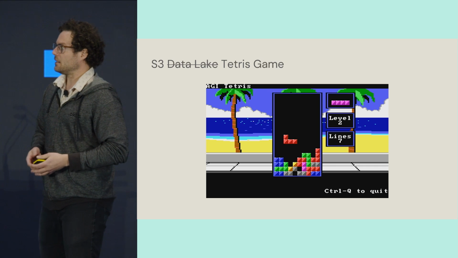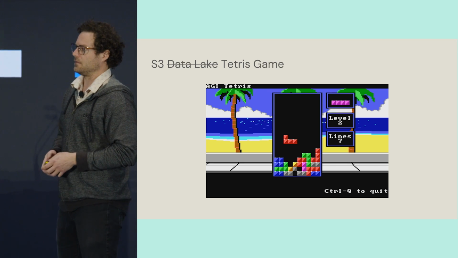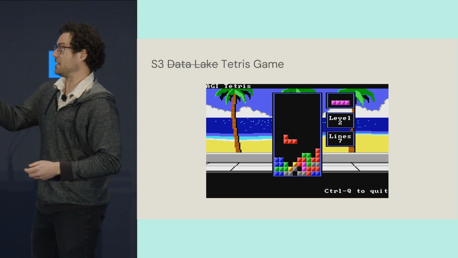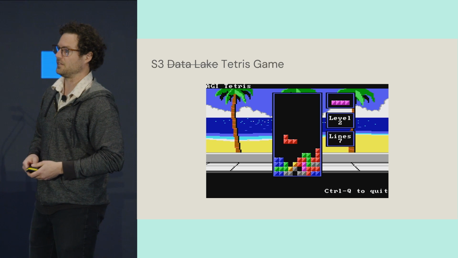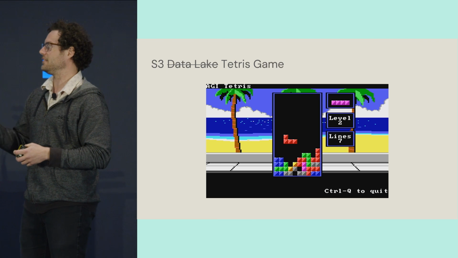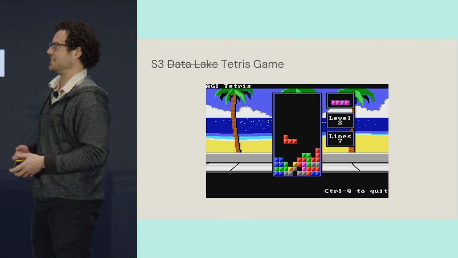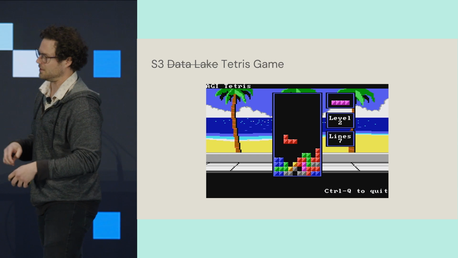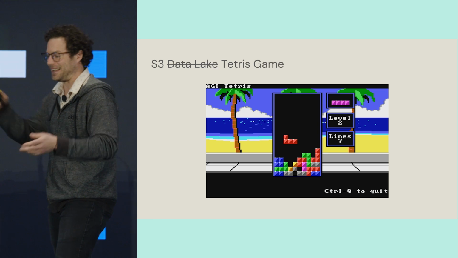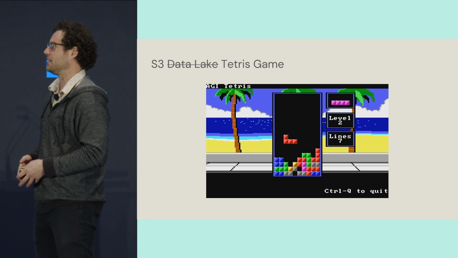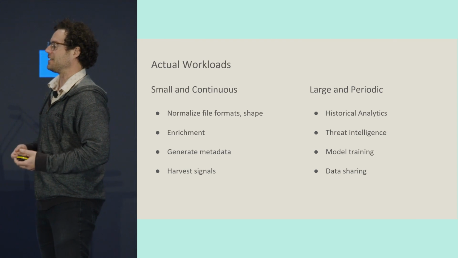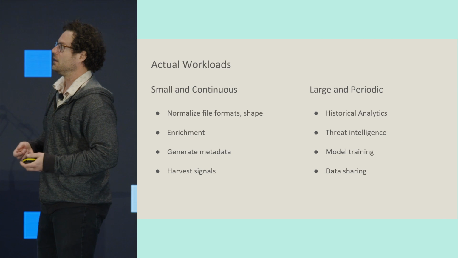And thirdly, S3 upstream of Snowflake, and really, quite frankly, most data lakes that I've ever seen, and or been guilty of building, becomes a game of Tetris, where you have different data sources, and this is shaped like this, and this is shaped like this, and this source lands once per day, and it's the really hard one to process, and this one's gzip JSON, this is not gzip JSON, this one's snappy compressed Parquet, this is TSV, the list goes on. And you just pile them all in S3, either one bucket or many buckets, and it becomes a total disaster. So how do you fix it? Where do you start with these 3 fairly large problems?